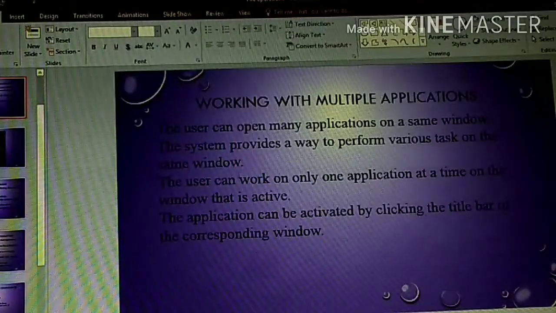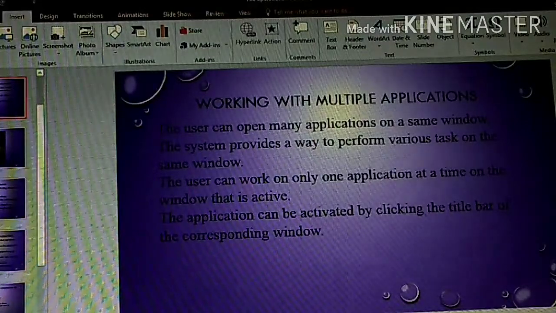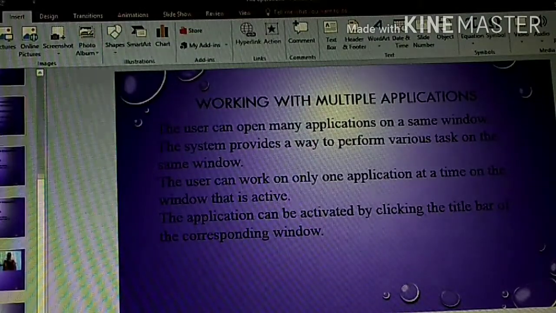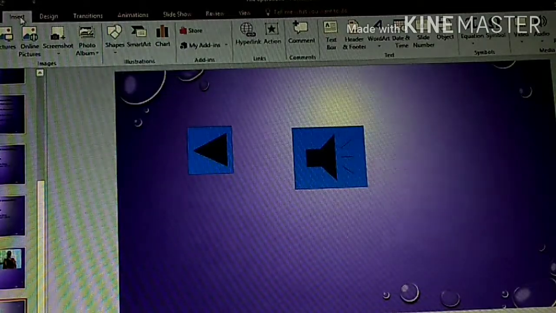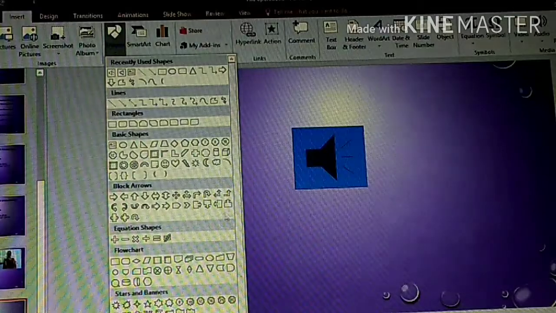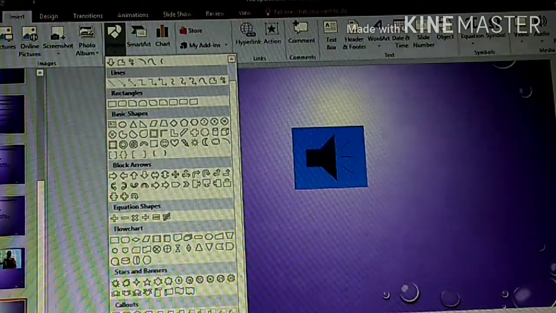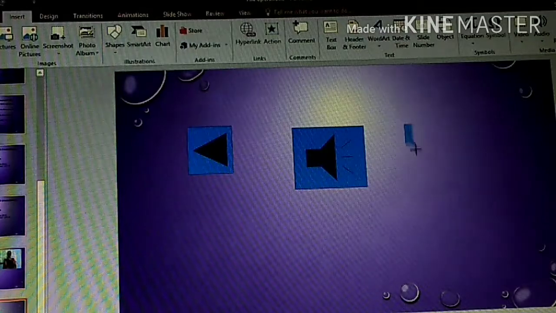Okay, so to insert an action button, you will go to the slide where you want to insert an action button. You will go to insert. In the illustrations group, you will click on shapes, come down, the last option is your action button. From here you will select any action button. It will change into the plus sign.